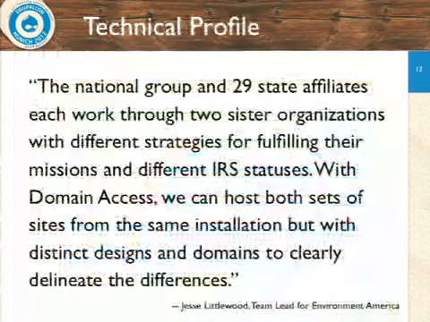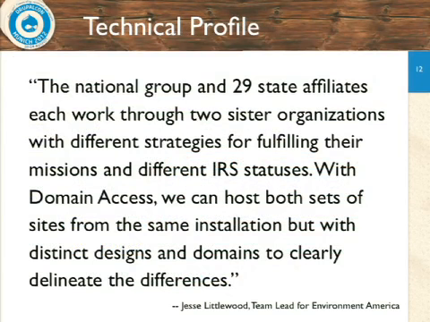So we worked with 2 people. I'm going to be quoting Jesse Littlewood a lot. Jesse was the team lead there, so he was the project manager, program manager on their side. He was the guy we interacted with the most. Another guy named Ryan Mockley. Ryan was the primary designer for this site. Ryan did some really excellent work that challenged our team a lot.